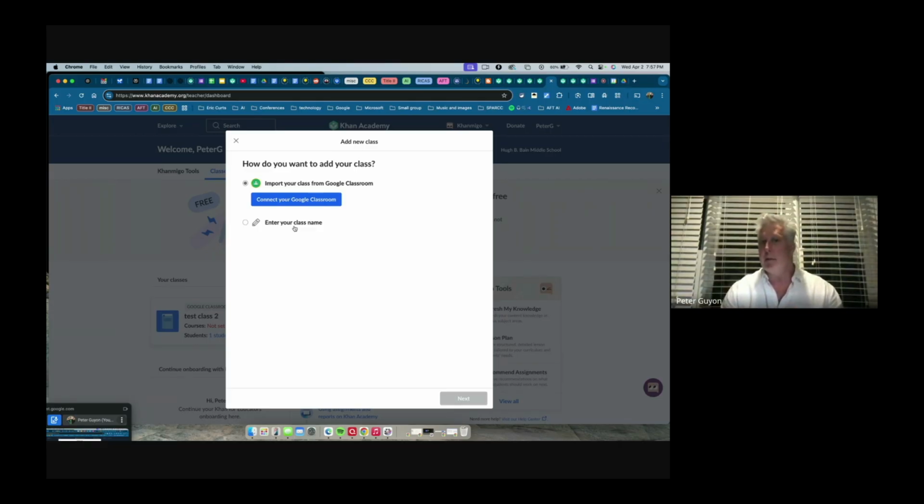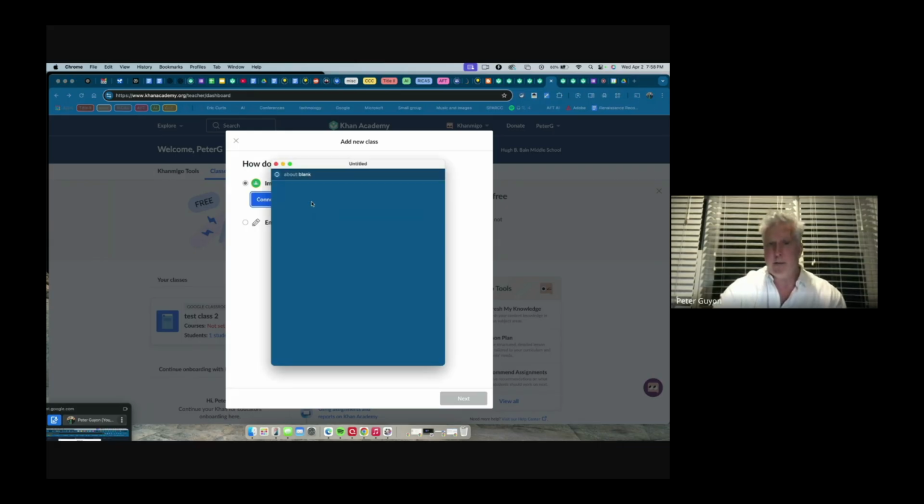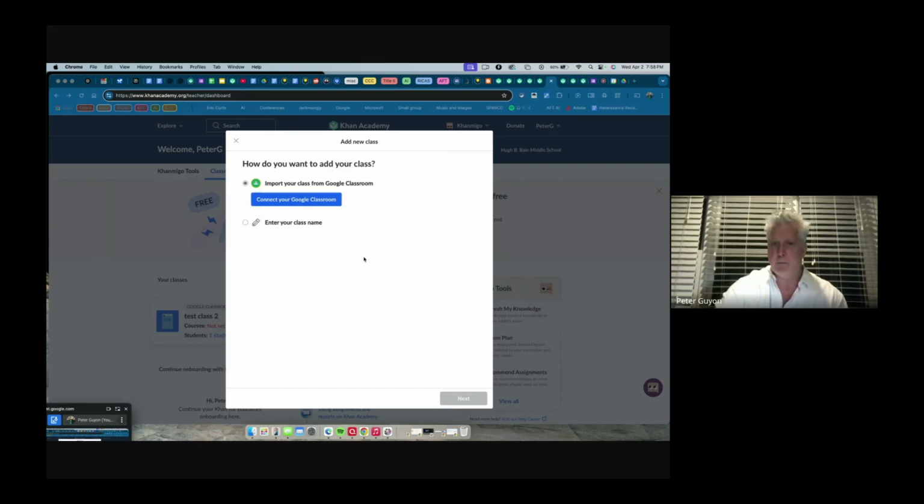I think with many of us using Google Classroom right now, that might be the easiest. You would simply connect your Google Classroom here. It'll connect your account. And then you select the class. Once it's done loading, you select the class that you want to import into Khan Academy. That's probably the easiest way to get that link out to your students. You can also just copy the link and paste it to your students on whatever LMS you use. I know many people do use Google Classroom, so that probably would be the easiest.